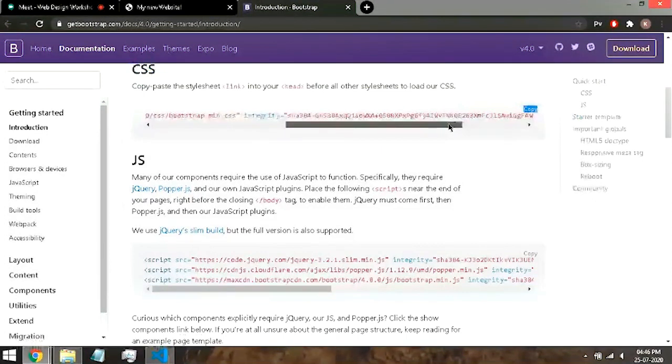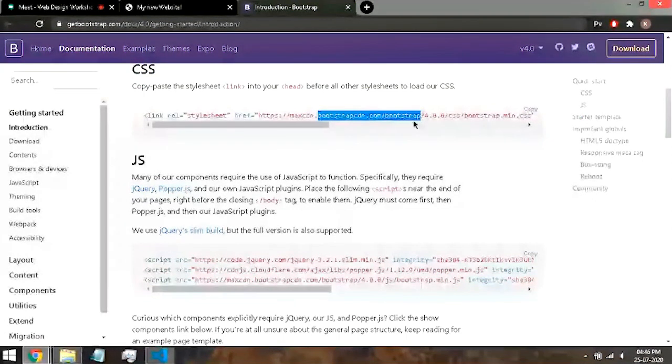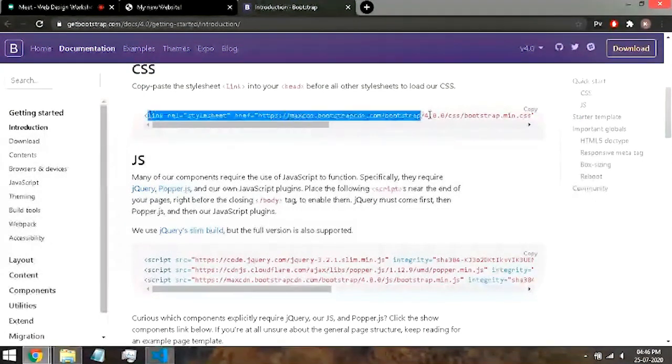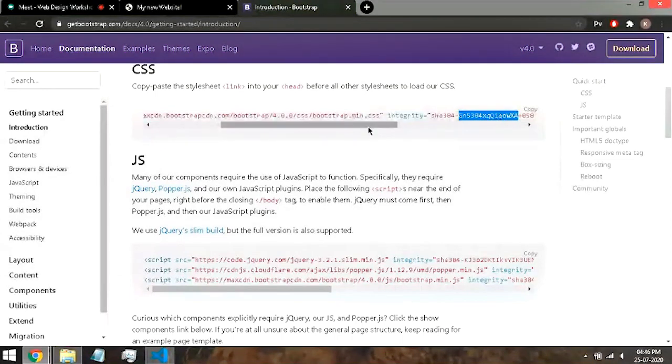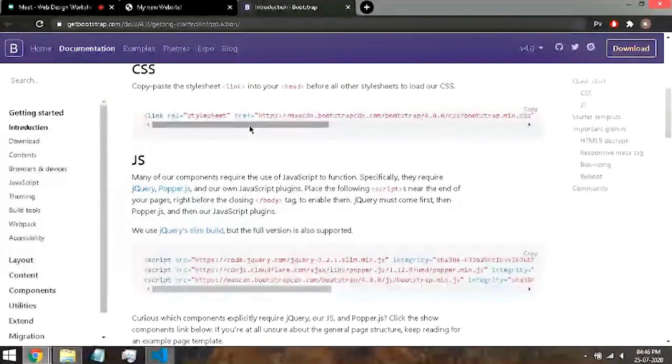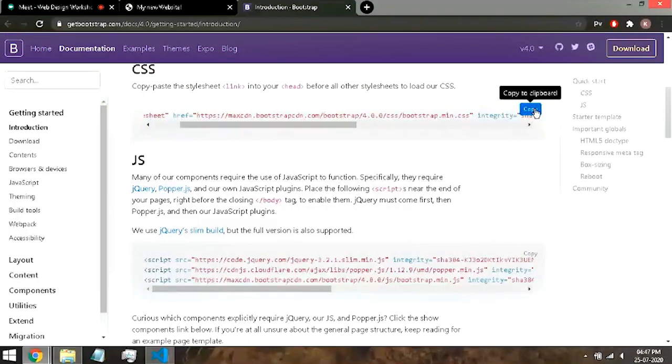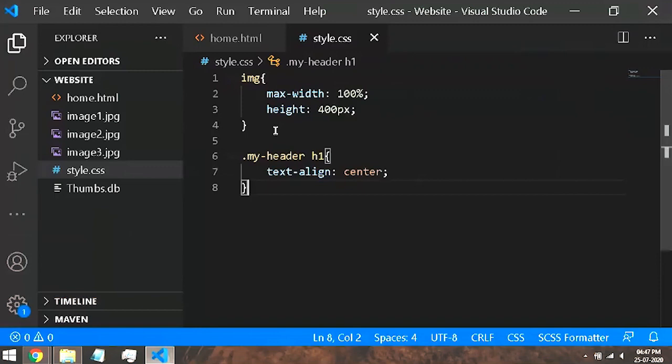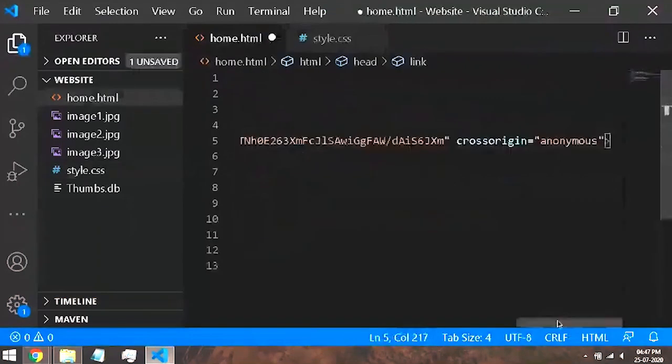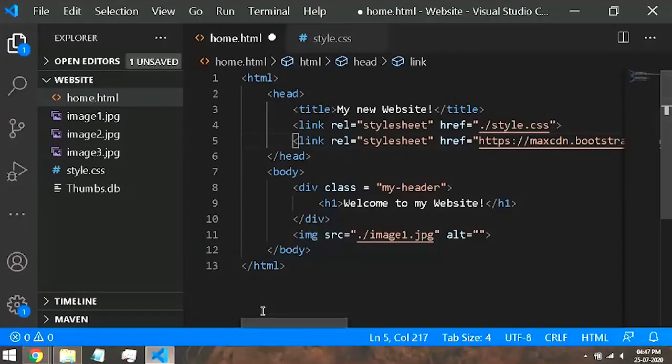As I said, every Bootstrap is completely in CSS, and this is a CDN of Bootstrap. Now, what does a CDN mean? CDN is basically content delivery network. It means that Bootstrap has provided a content delivery network for all the users across the world to acquire these files for free. And they can do it just by copying this link tag and pasting it into their web page. That's how simple it is to include Bootstrap.